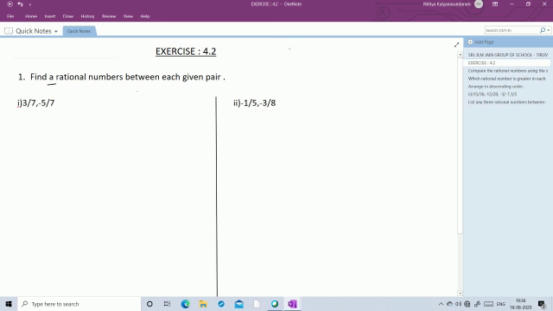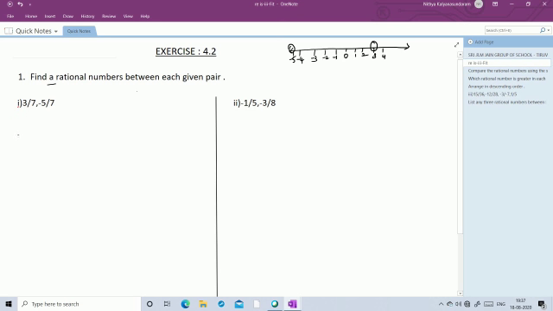So already we know the number line. The number line belongs to positive and negative together with 0. This side is positive and it goes continuously, then this side is negative and the numbers go continuously. So in between 3 by 7 and minus 5 by 7, the denominators are same, so consider the numerator alone, 3 and minus 5. In between we have many rational numbers, but only one rational number you want to write.